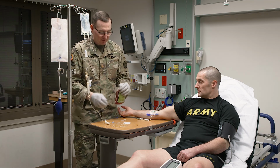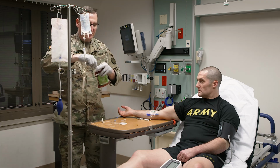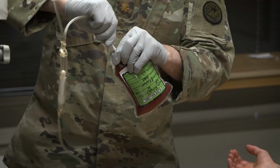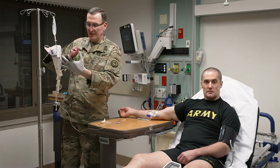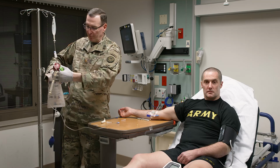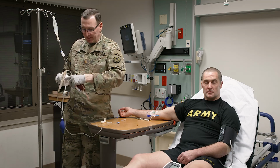And you're going to expose this inner part here, just like a regular IV. You're going to go ahead and spike it just like you would. First thing I'm going to do once I get this hooked up is run it through this pressure bag. Now I'm not going to turn the pressure bag on, I'm not going to inflate it, but I am going to get it prepped